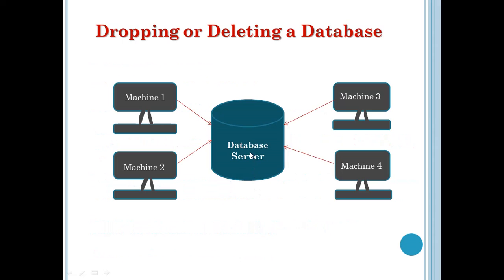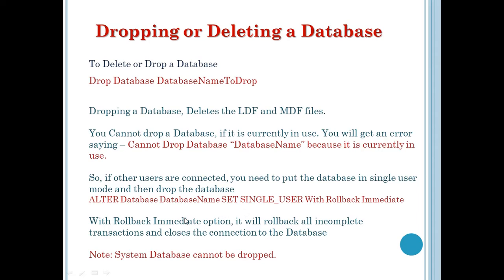Here you can see this is a centralized database server which is being used by different developer machines. When a user tries to delete a database, if another developer machine is using the database server at the same time, transactions will be going on and this user cannot delete the database, and he will get an error message saying the database is already in use. So we need to close all the instances of the database server and then we can delete the database. Also remember one thing, we cannot drop system databases.